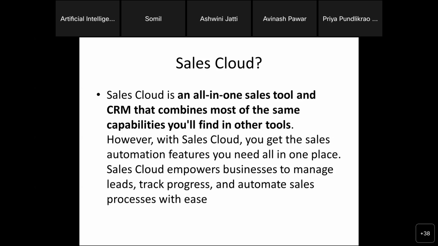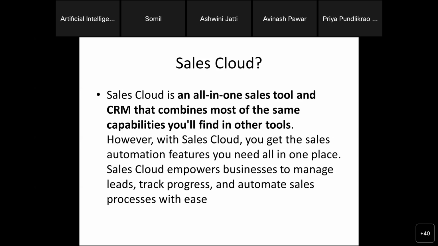All in one means you do not need to go anywhere else; everything is present in one place, and all your needs are catered to.